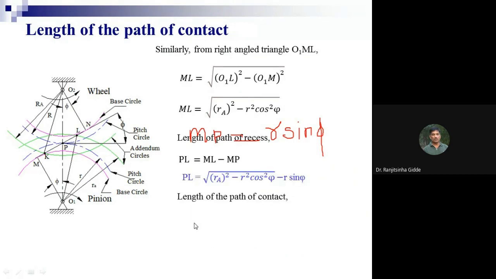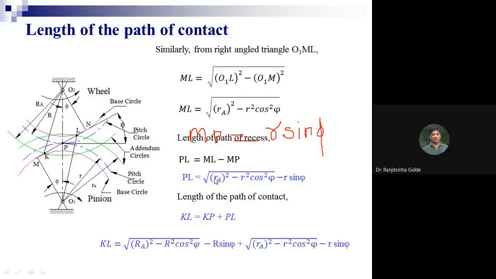Next line you can write, therefore length of path of contact, that is KL is equal to KP plus PL. Now write down the value for KP from the previous page wherever you have written, and the value of PL from this slide,